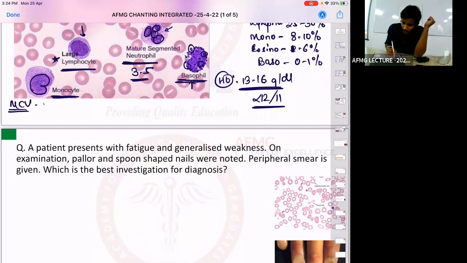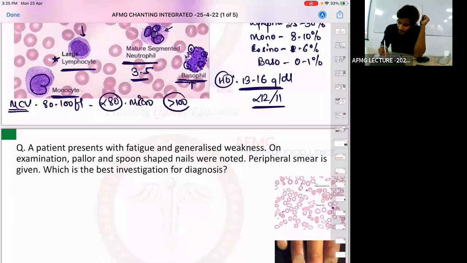Normal MCV is 80 to 100 femtoliters. If it is less than 80, it is microcytic anemia. If it is more than 100, it is macrocytic anemia. Second thing I'll look for is the mean cell hemoglobin concentration or the mean cell hemoglobin, MCH or